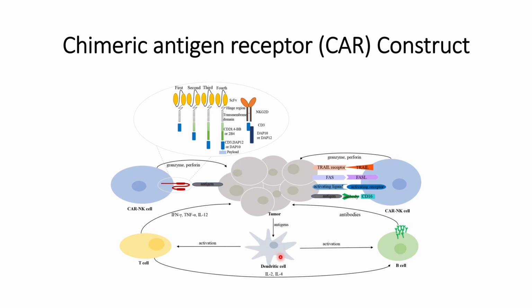extracellular matrix, which will then be recognized by the dendritic cells, and the dendritic cells will then help in the activation of T cells and B cells. B cells will generate antibodies that are specific to those antigens present on the tumor cells, and T cells will release cytokines such as IFN gamma, TNF alpha, and interleukin 12, thereby accelerating the immune response against the tumor cells. So this is in brief the CAR construct for T cells